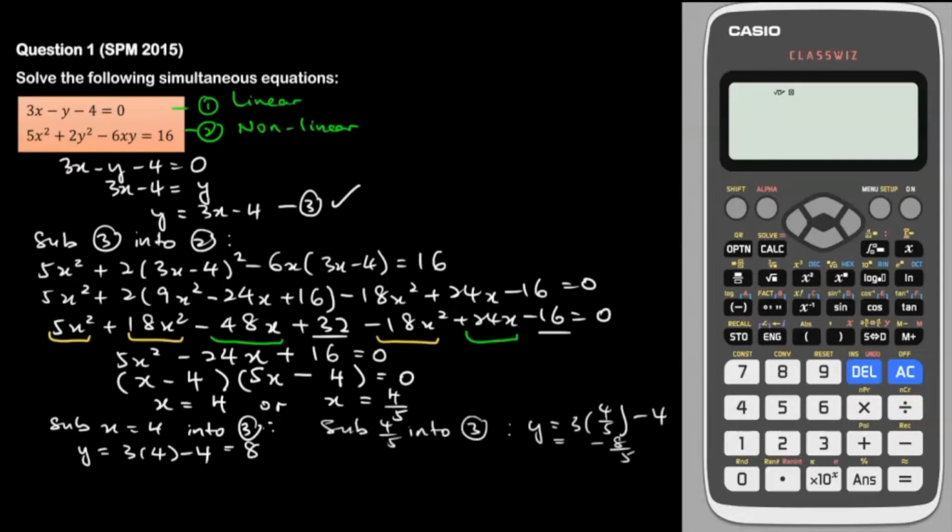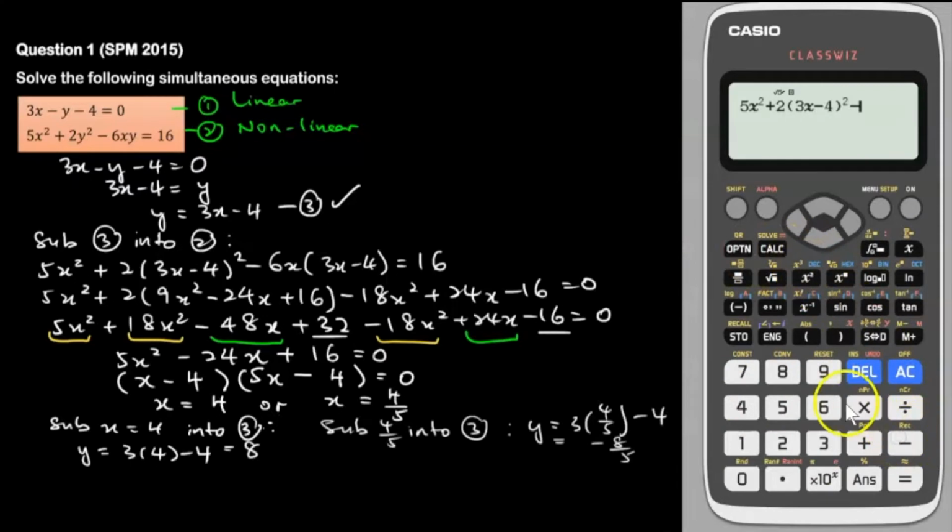So now we can double check our answer using the Casio Classwiz calculator. We're going to use equation number 2, which is 5x squared plus 2y squared minus 6xy equals to 16. So we're going to substitute equation 3, which is y equals to 3x minus 4, into equation 2, so that all will be in terms of x. So press 5, and then x button is here, x, and then square. Then after that plus 2, y we replace with 3x minus 4, close bracket as a square,